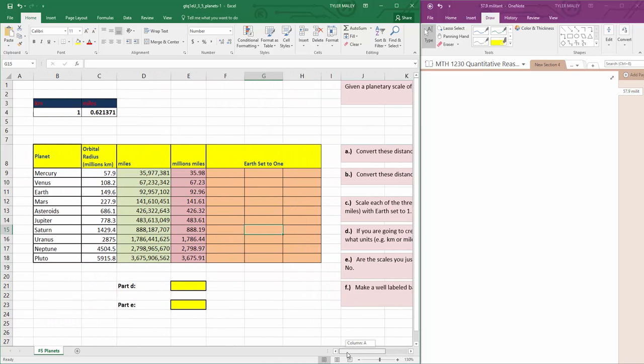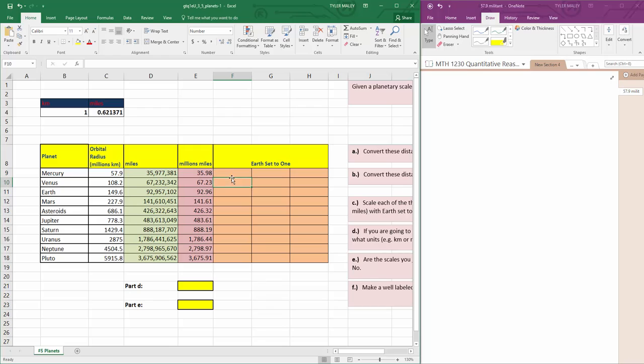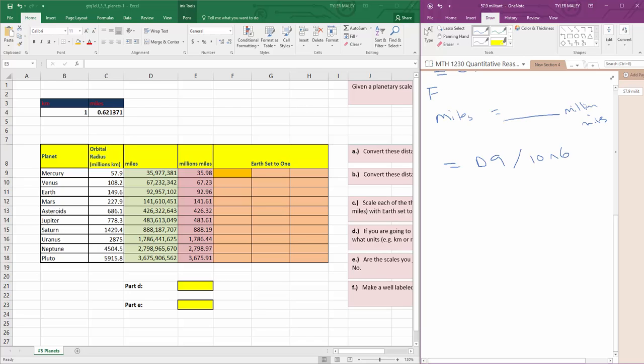Alright, so this one's going to take some thought, right? So let's click in this box and think about how I would get this box. So I'm going to highlight this box. We'll do green, or I already have green. I'll do orange, right? We don't have orange in the Excel document yet. So I'm talking about this orange box I just made orange, right? So F9. So let's think about what formula I would want to put in F9. Oops, let me scroll down. So I'm worried about F9,